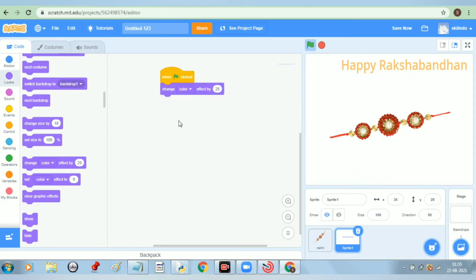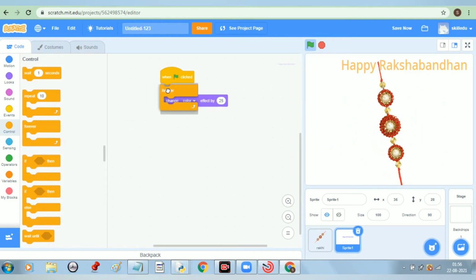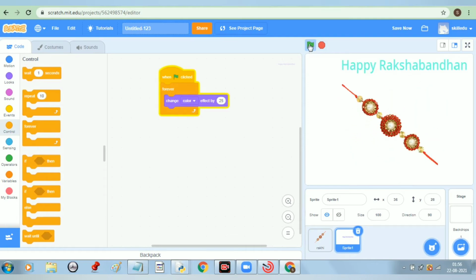But we want this to happen automatically, forever. So we will again click this control block and take this forever loop, and now this text will change automatically.